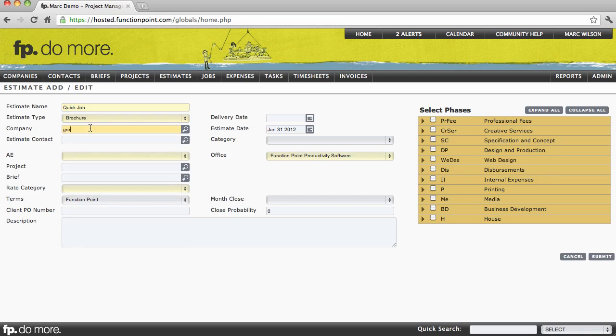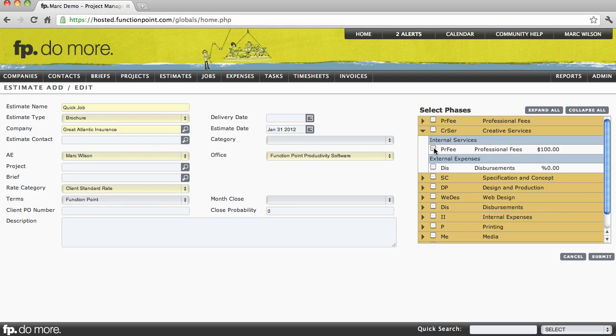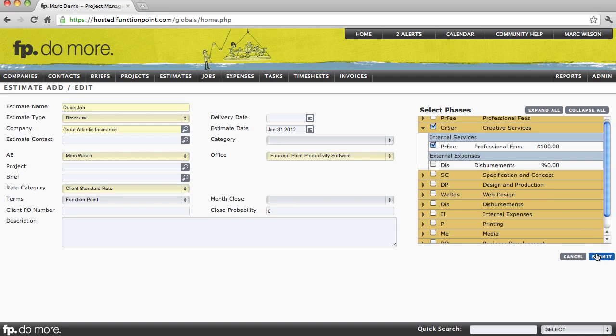We can select our client that we're working with. Notice the magnifying glass lets us know again it's an intelligent field. We could type in a short form to find the company we're looking for. The rest of the fields are optional, including the contact, the delivery date, the description, and so on. At this point, all we need to do is select the phases and services that we're going to be working on. And this could be as simple as one line item, perhaps called professional fees or creative services. Once you've selected the level of detail you require, click Submit,